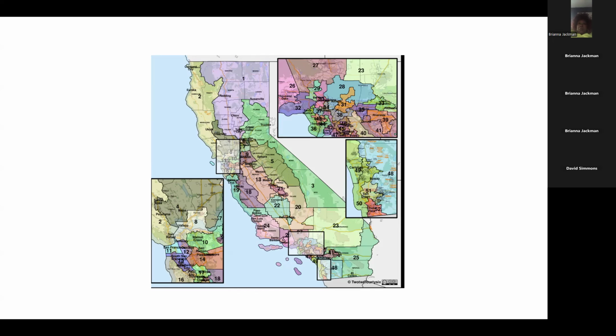Beyond that, there are not really any legal requirements as to how districts must be created. So, for example, it isn't necessarily illegal to draw districts to favor incumbents. It isn't necessarily illegal to draw districts to favor a particular party. There are situations where it can be, according to the Supreme Court, unconstitutional to draw districts that favor a certain race. That can be unconstitutional depending on how it's done. But otherwise, there's not a lot of rules.